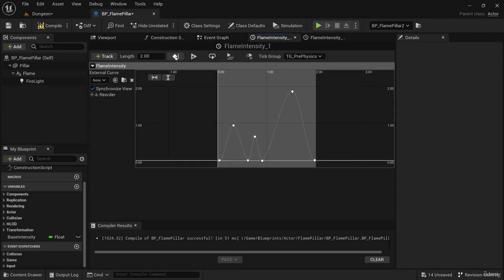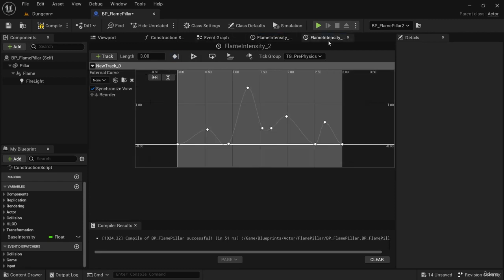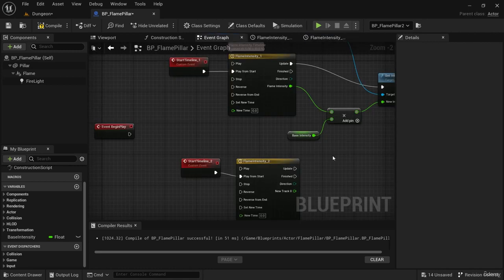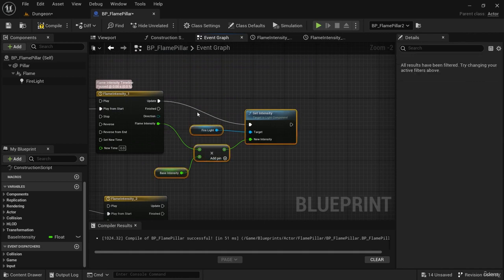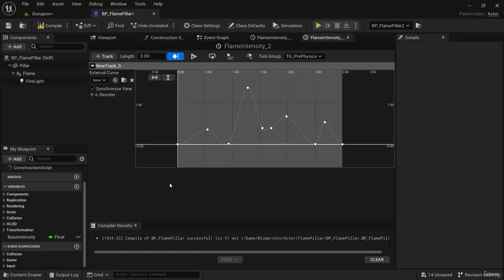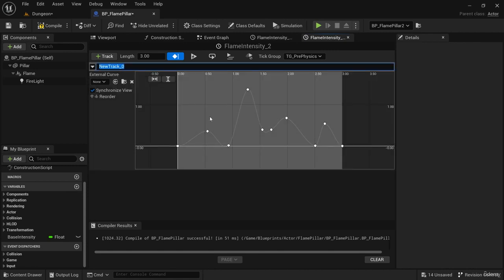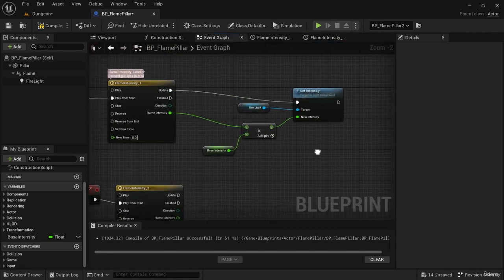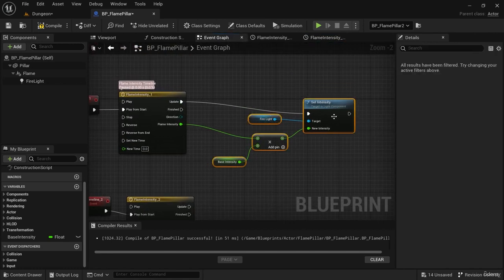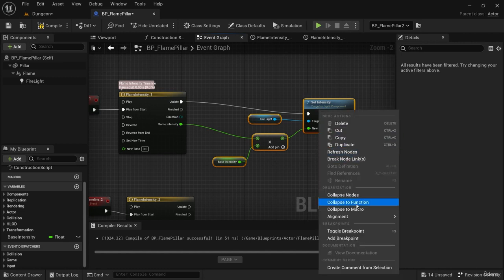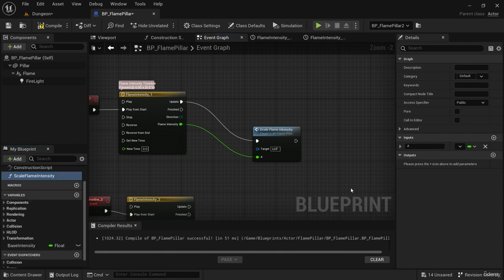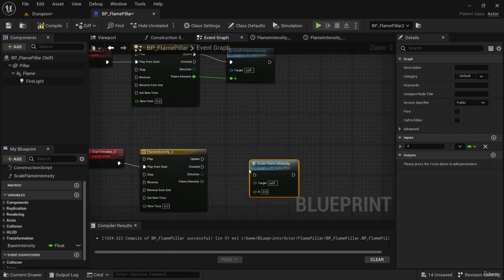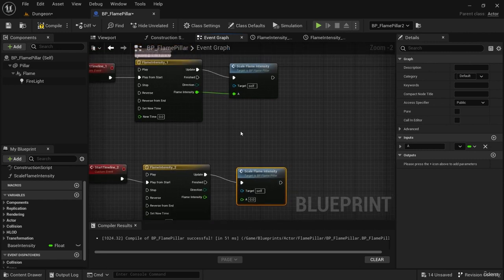I'd like to make sure that both of them have use last keyframe checked. So I'm going to check that for both of them. And I want to do the same thing, multiply base intensity by this flame intensity. By the way, this one isn't called flame intensity, so I'm just going to rename it to flame intensity for the track. And I can just make a function that can do this and call it twice. So I'm going to right click, collapse the function, and call this scale flame intensity. And we'll call this down here for update, just like we did for the first track,